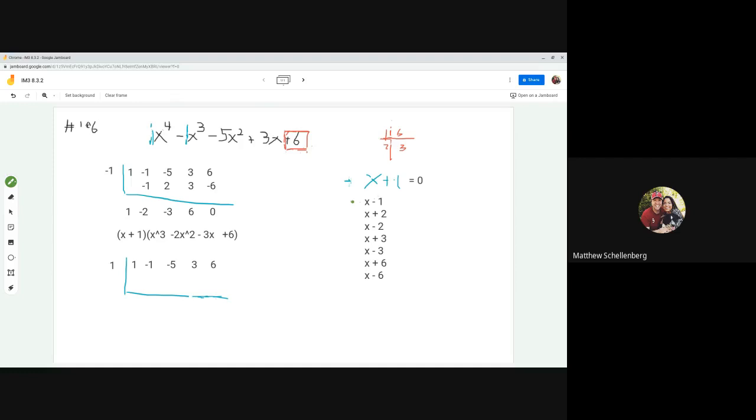It hates when I want to do arrows. It doesn't want to do an arrow. It hates it. Yay. Okay, so